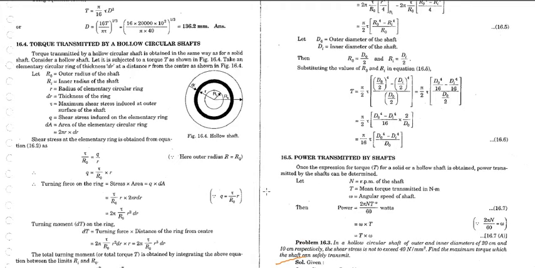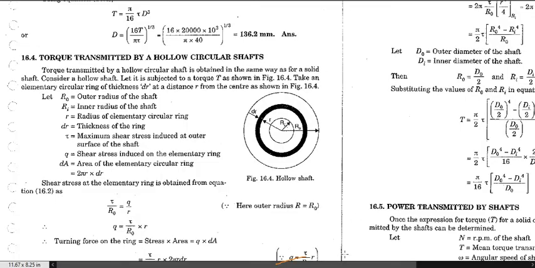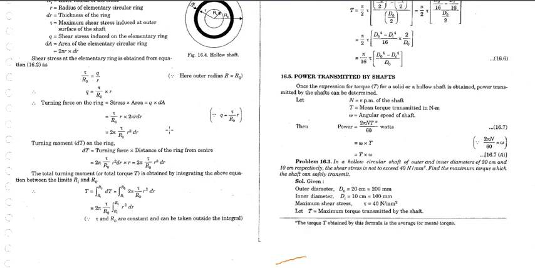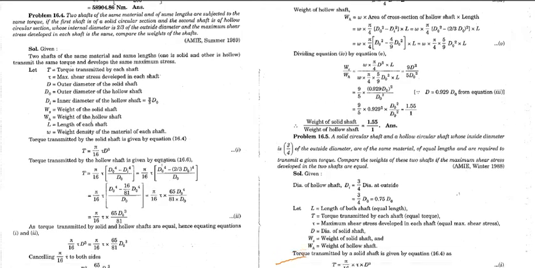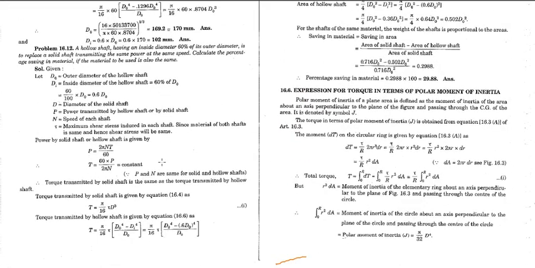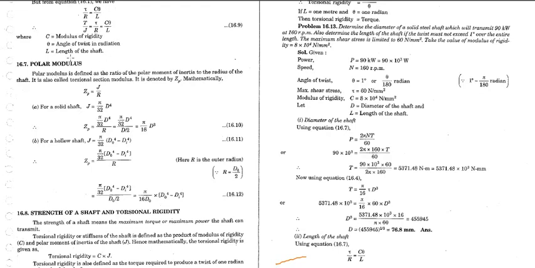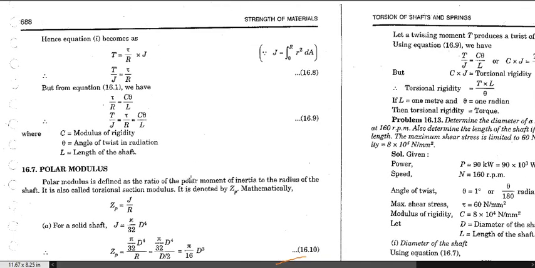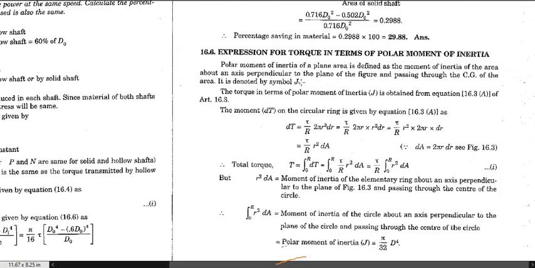Then we will work out the value of torque the same way, as you can see here. Similarly, we can also calculate the power transmitted by the shaft, which equals torque times the angular speed of the shaft, if we are using it for power transmission. Similarly, we can move forward and look at another terminology, which is known as polar modulus. As we have seen the section modulus, the polar modulus is defined as the ratio between the polar moment of inertia over r. Before going to this formula, we must understand how we can express the torque in the form of the polar moment of inertia.